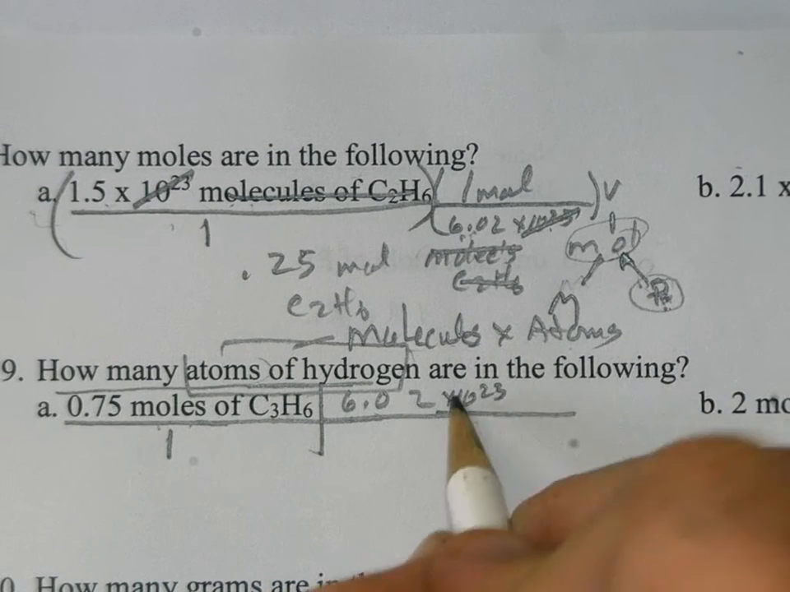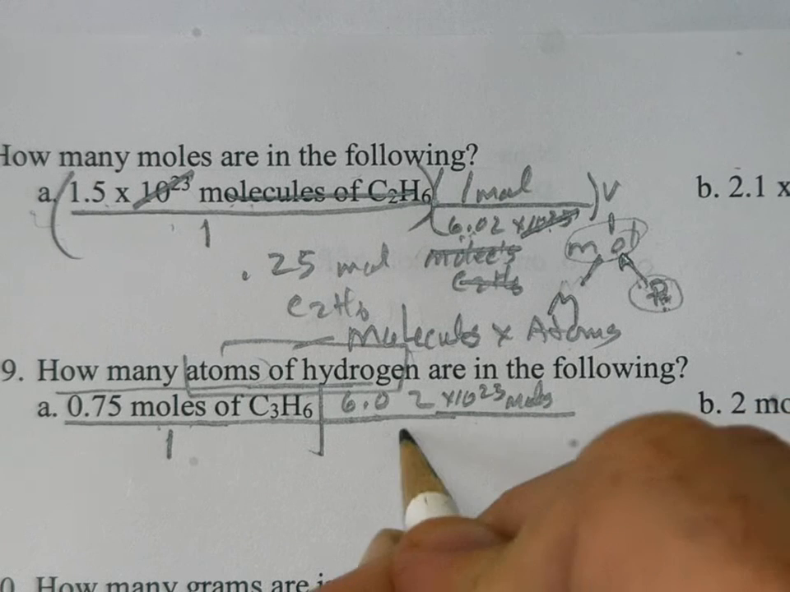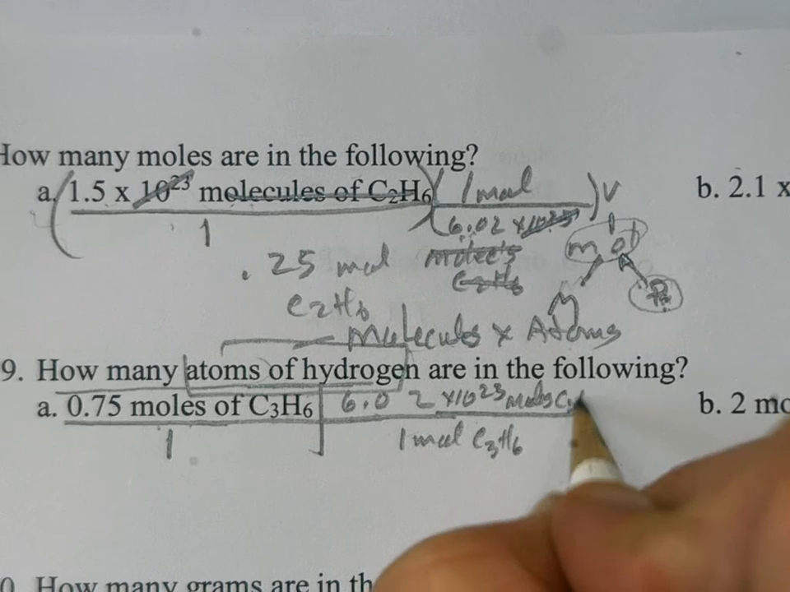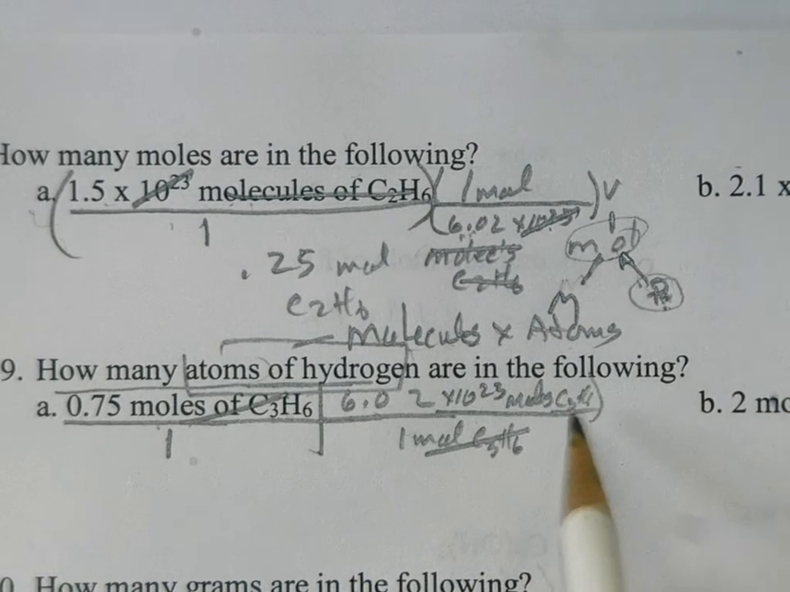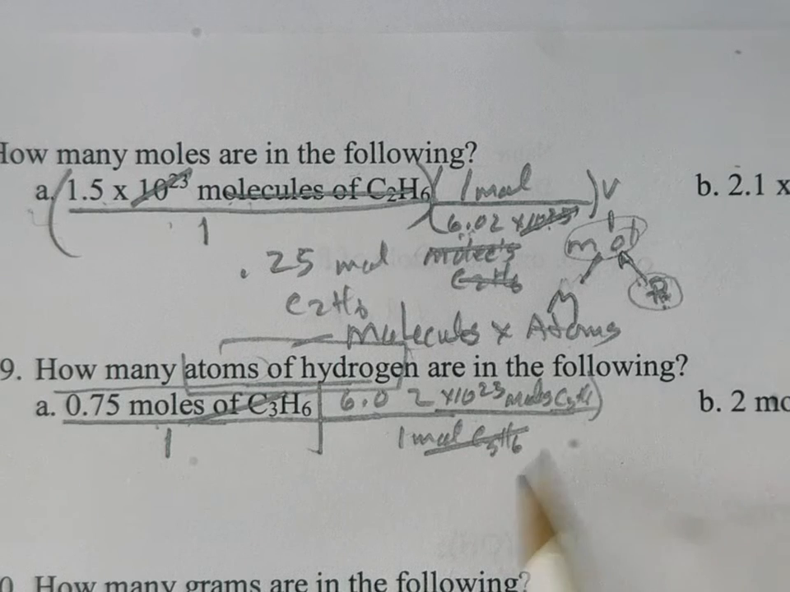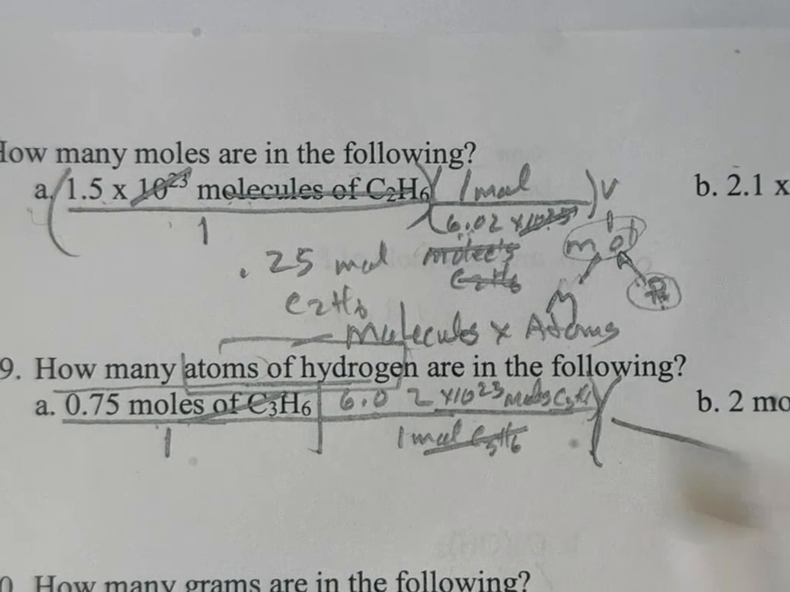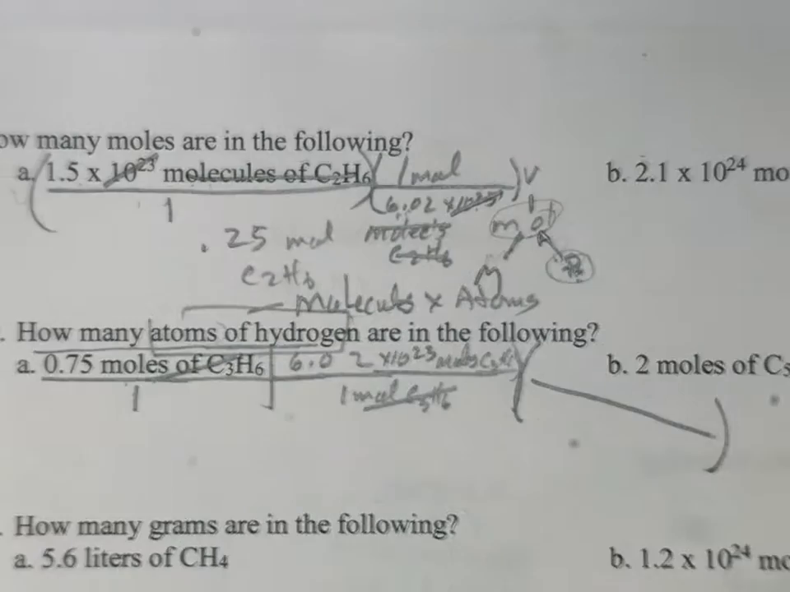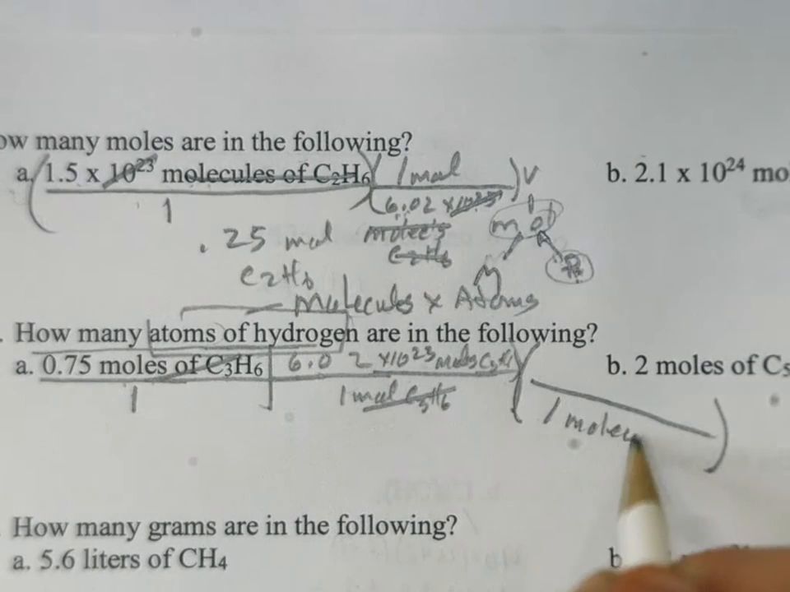And that's going to be molecules in 1 mole of C3H6. So the moles cancel out there. And then, okay, I'm running out of room here, so I'm just going to continue it on here. Now, what we want to do here, let me zoom out a bit. We've got molecules, so we're going to say 1 molecule of